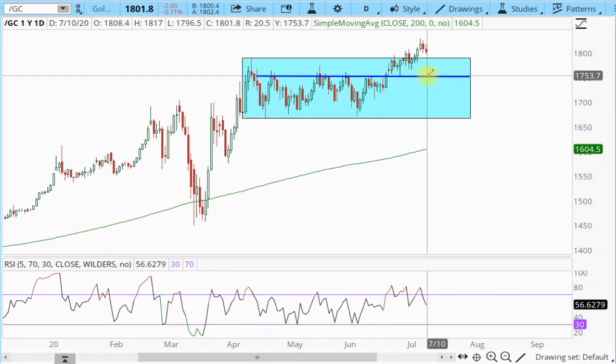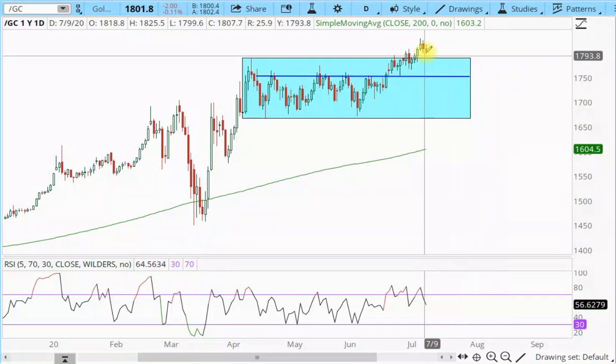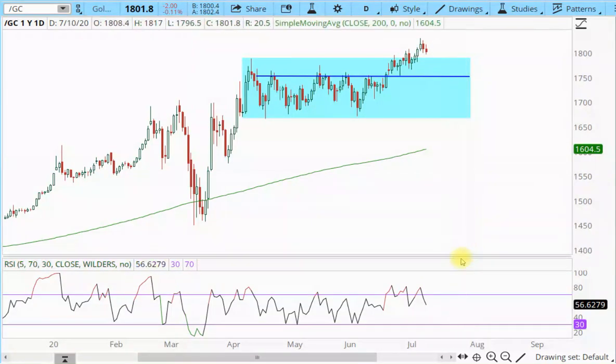If gold drops below that, then we're in an intermediate decline. We're in the declining phase of the intermediate cycle. Those often last 4 to 6, sometimes even as long as 8 weeks. Usually the weekly charts will get oversold, and I'll convert this to weekly in a minute. But if that's the case, if we are moving down to this half cycle low,